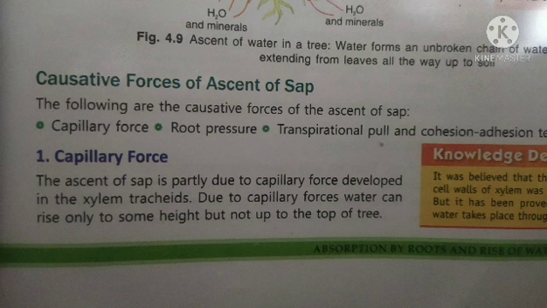So let us learn about the capillary force. Capillarity is the ability of water to rise in very thin tubes. Therefore the water molecules are pulled through xylem vessels and tracheids as a continuous column of water. So what happens here is the cell wall of the mesophyll cell is acting like a thin capillary network, and due to which the water rises upward in the plant.